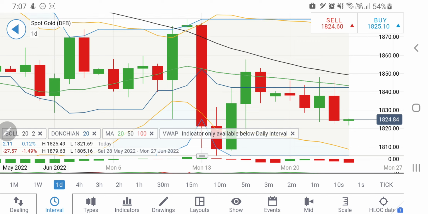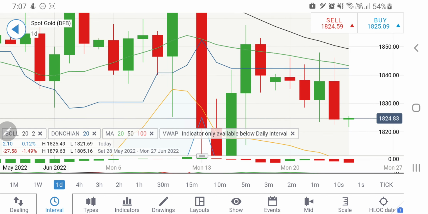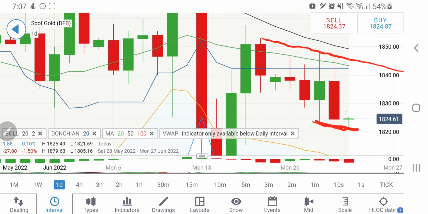Now look at the daily charts. See, on the daily charts, lower lows are done. Now see, it is trying to trade in this channel. You can see lower highs and you have seen lower lows there. So any short entry is below 1820. Below 1820, stay short. The first target is 1815, then 1808 and 1800 will come into the picture later. Till the time it trades